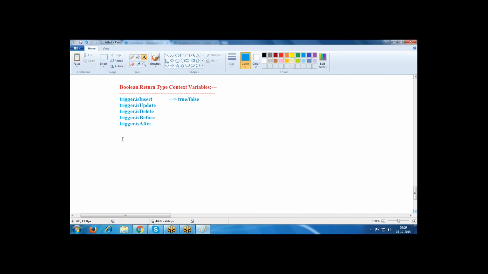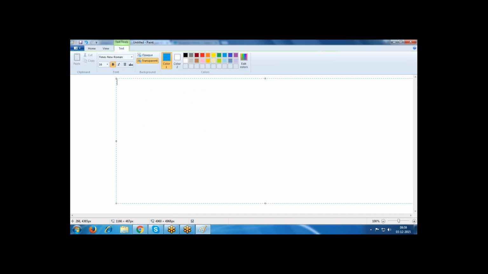Now, if you want to write a trigger, Salesforce has given one syntax to create triggers. The syntax is: trigger, then the name.